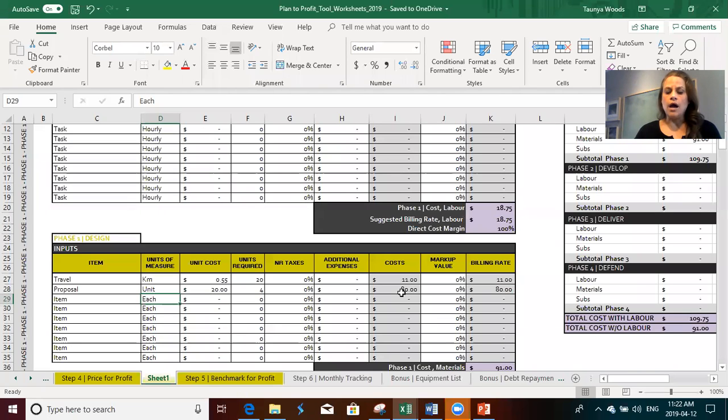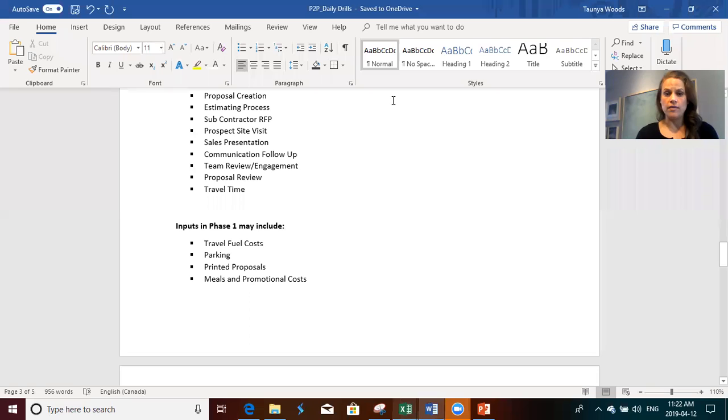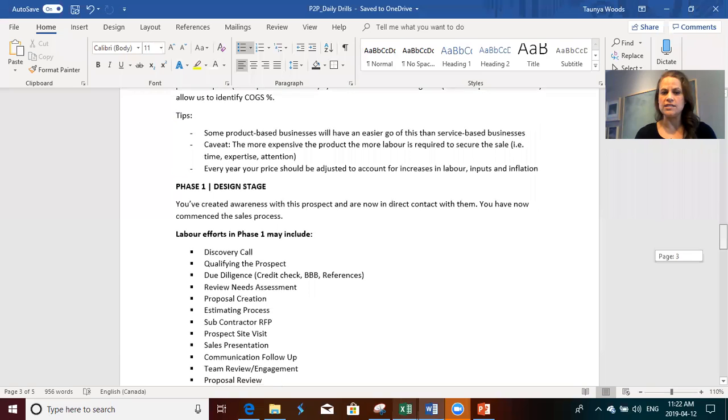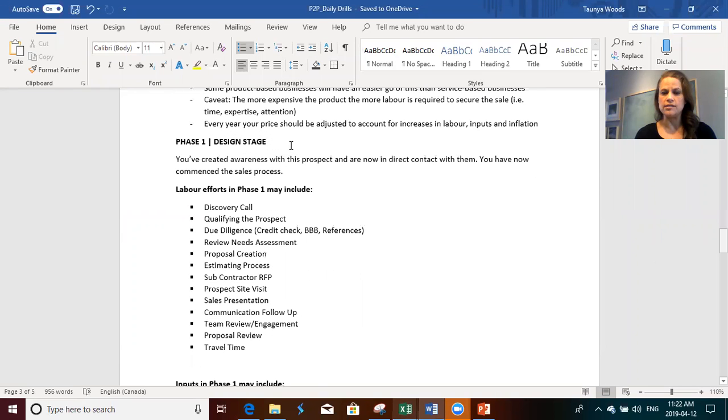Okay, I want to take you through this dashboard over here that I've been working on for you. I want to share with you what I often see being forgotten here when it comes to these different stages. Before I forget, one of the tips that I'm going to share with you in the email